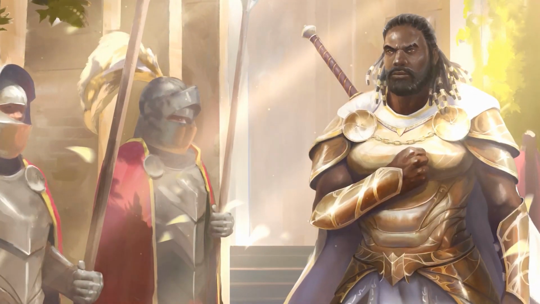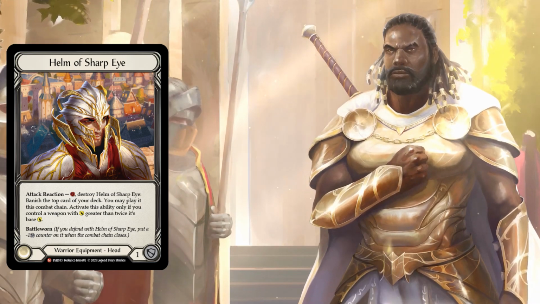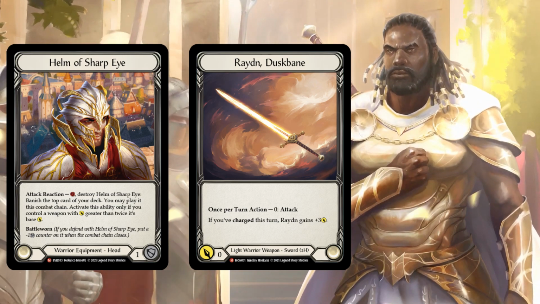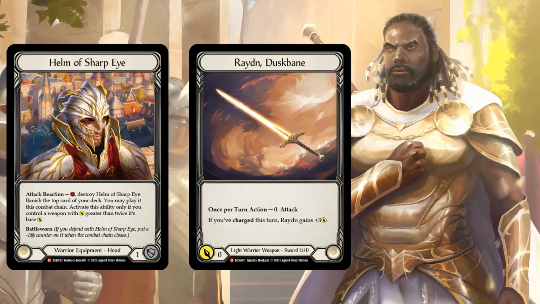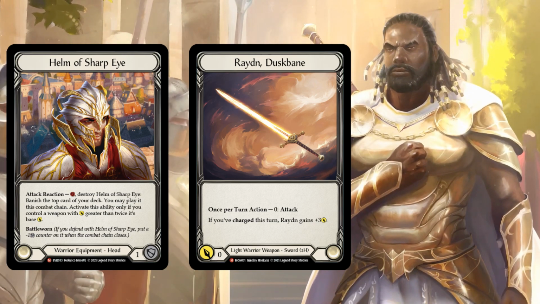The next interaction is a pretty simple one, but one that I know a lot of Warrior fans are very, very happy to have, especially Boltyn fans. Of course, I'm talking about the interaction between Helm of Sharp Eye and Raiden Duskbane. So Helm of Sharp Eye is a Warrior equipment headpiece. It has 1 defense, it has Battle Worn. It says attack reaction for a single resource, destroy Helm of Sharp Eye, banish the top card of your deck. You may play it this combat chain. Activate this ability only if you control a weapon with attack greater than